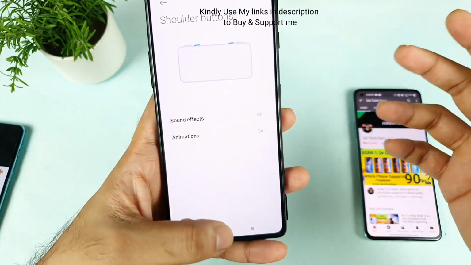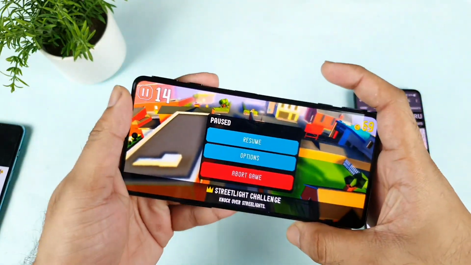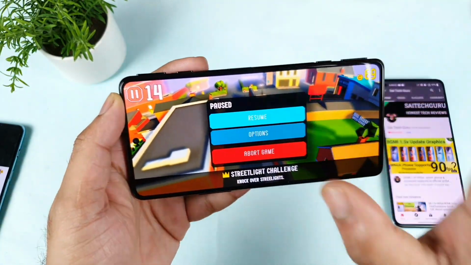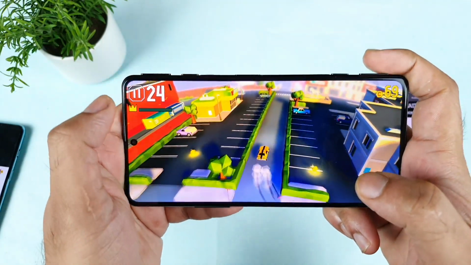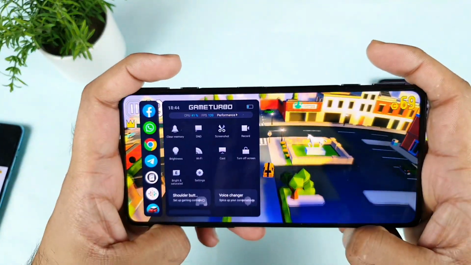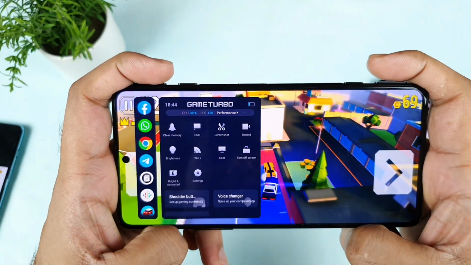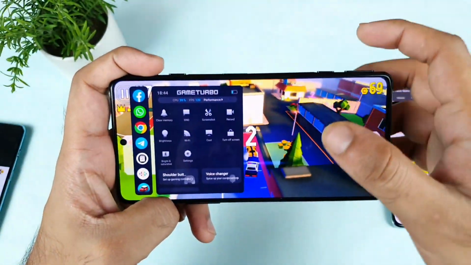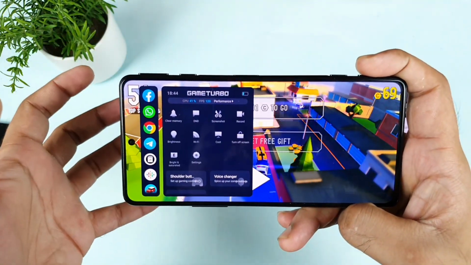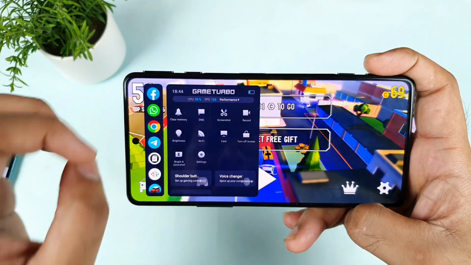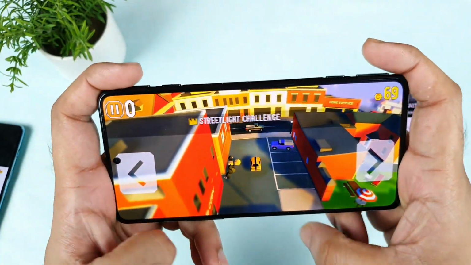And you may get another question. If you update to the latest APK, what will happen? Are there any side effects or not? I'll tell you one thing, there are no side effects at all, but there will be a change in the Game Turbo animation. The layout will be completely changed and updated to the latest Game Turbo. As you can see friends, before you used to see a different layout on the top. Now with the latest APK, when you install the security application, that will impact the Game Turbo as well. That is one thing you should definitely understand.